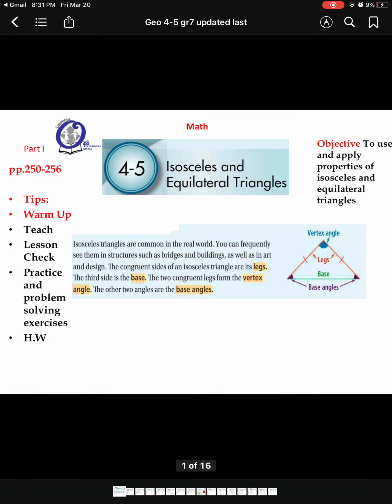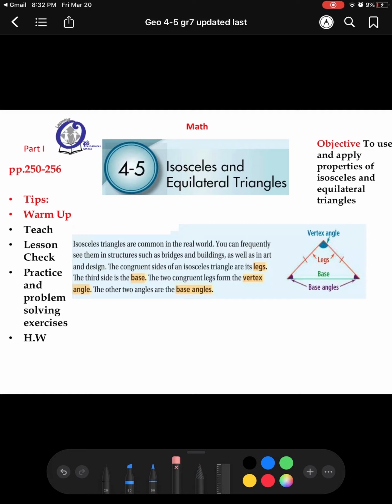This is lesson 4.5, isosceles and equilateral triangles. The objective of this lesson is to use and apply properties of isosceles and equilateral triangles. To warm up for this lesson, we have to revise the meaning of